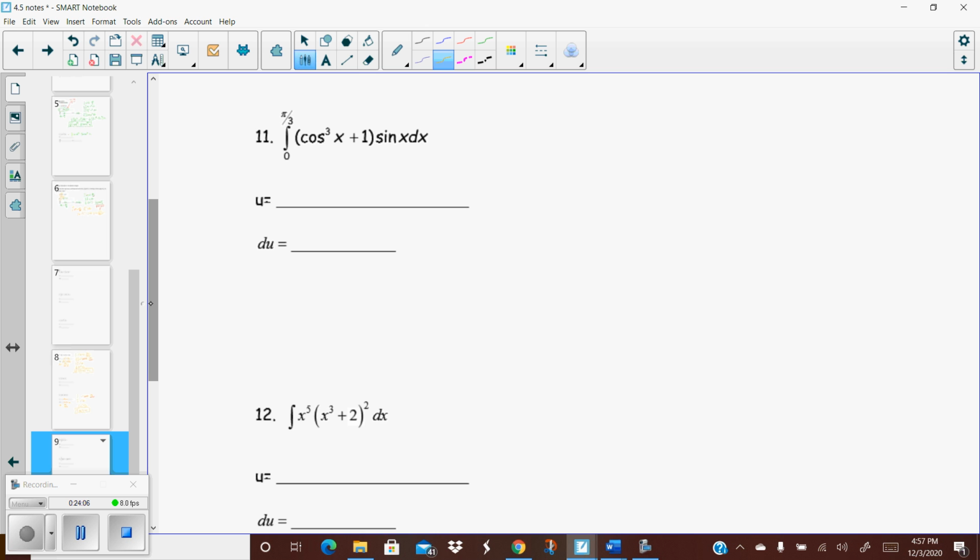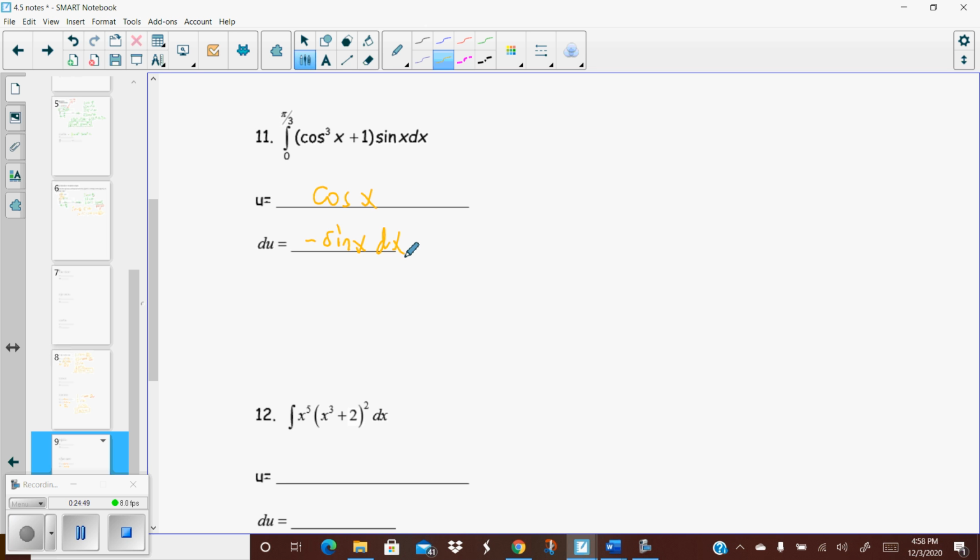So again, you might want to ask yourself, what is the most composited piece? Well, it might look initially like it's cosine cubed x plus 1. But technically, the cosine cubed x is a composite within a composite. So it's really the most composited piece. And if you tried to use cosine cubed x, you're going to end up with a derivative 3 cosine squared times the derivative of cosine, which is negative sine. You're still going to have cosines left over, even though you're trying to get rid of that sine of x from the outside. So the u value has to be just cosine of x, which makes our derivative negative sine